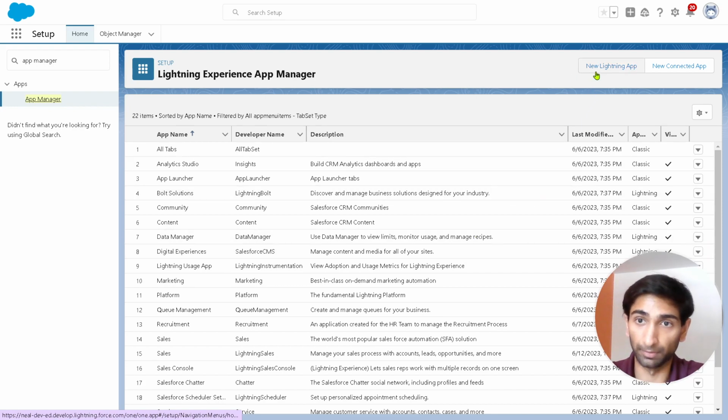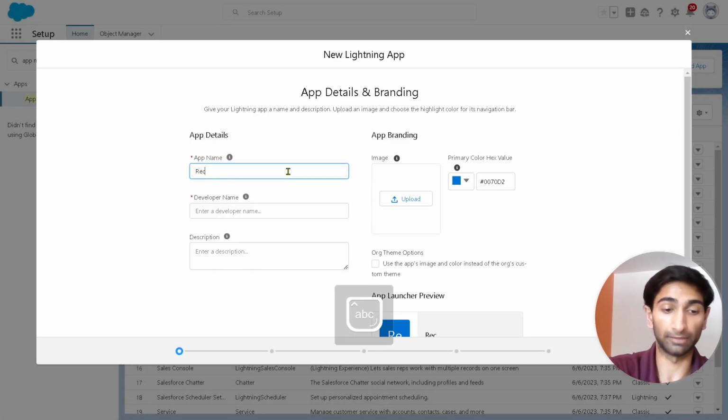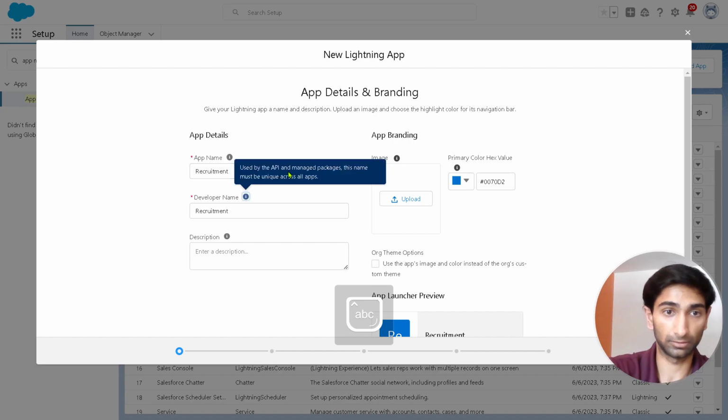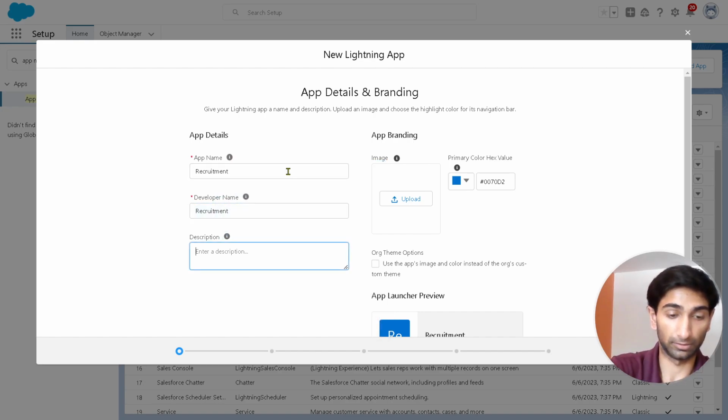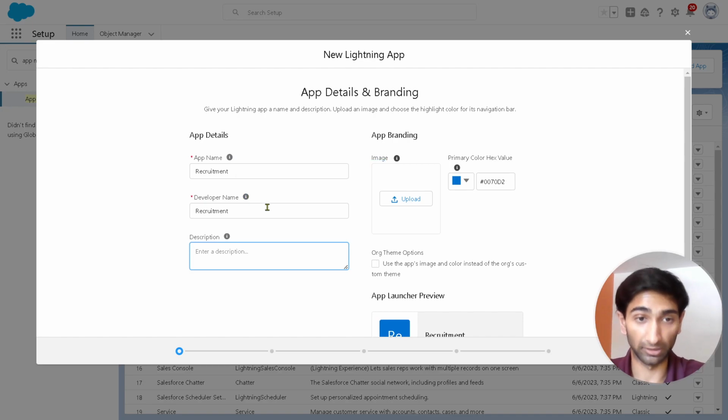So up here where it says new Lightning app, click on that. And let's make our app for recruitment. Then description. The developer name is going to be the name that's used, if I'm not mistaken, for the API generation. So in your database, this is what will be used. So for example, if you had recruitment